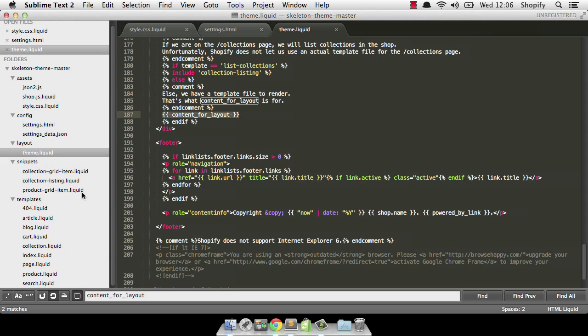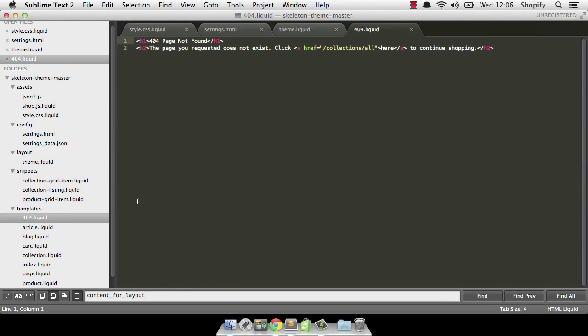Okay, the final folder is the one that you'll find yourself doing most of your work in, and that's the templates folder. Remember how I said that we have content for layout in our theme.liquid file? If we go to the 404.liquid, which is our page not found, you'll notice that there's really very little to it. It's an H1 and an H2 with a link in there. What happens is, if a page isn't found in your store, the theme.liquid file will be rendered, and where it said content for layout,